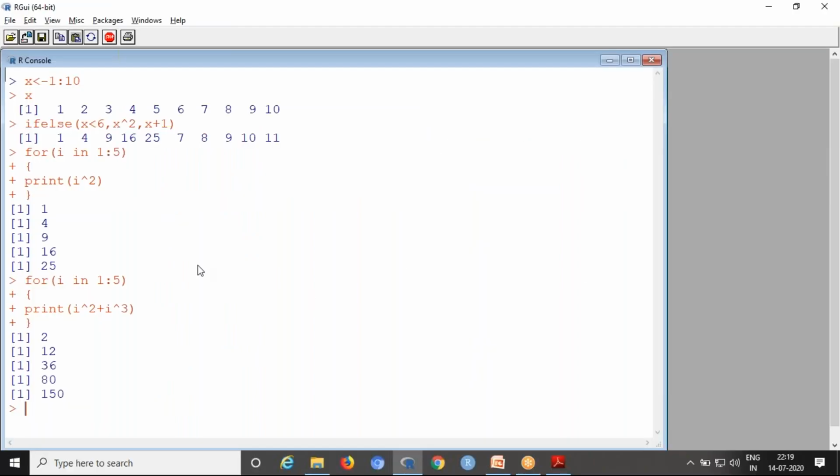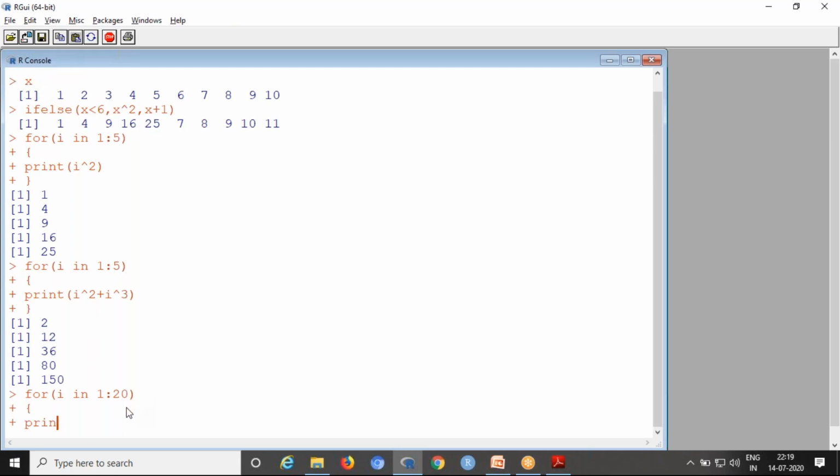Now we will also try this one. So here for I equal to 1 to 20, simply you are finding I power 2 plus I power 3.